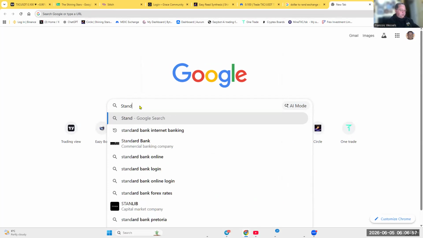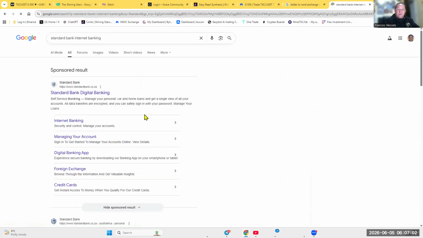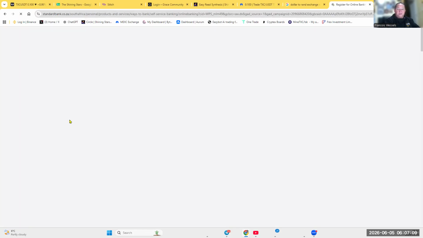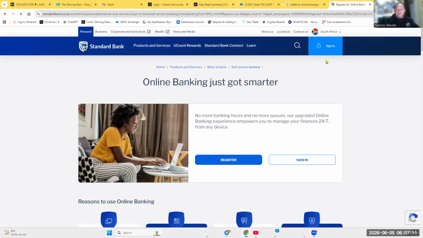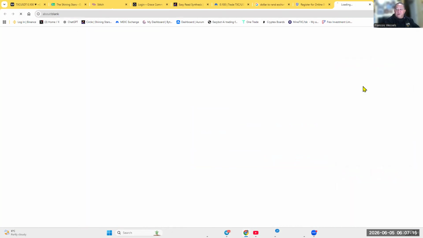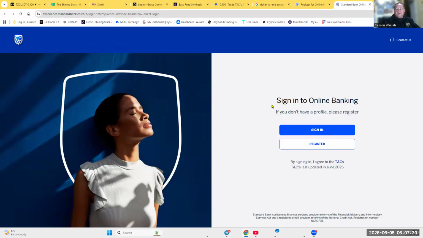For example, Standard Bank Internet Banking. So I'm logging into my internet banking, then you can 100% check your username and password, because signing in on internet banking is different from signing in from your app. You use a different username and password.